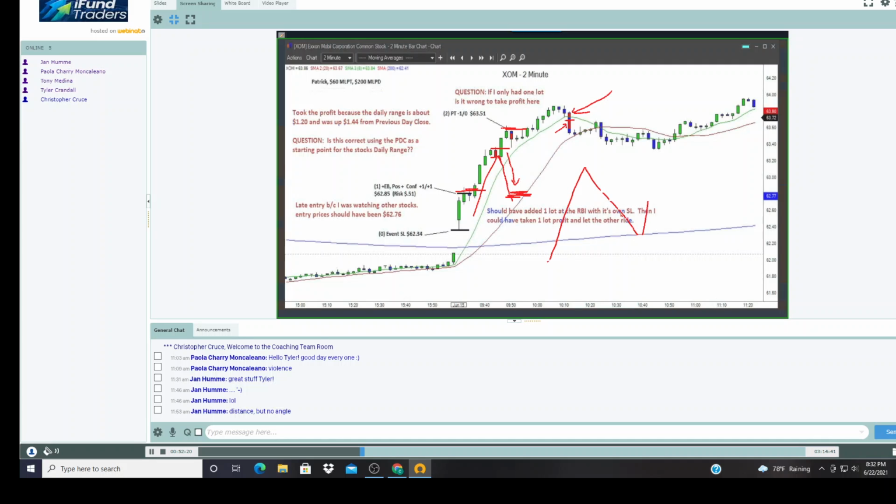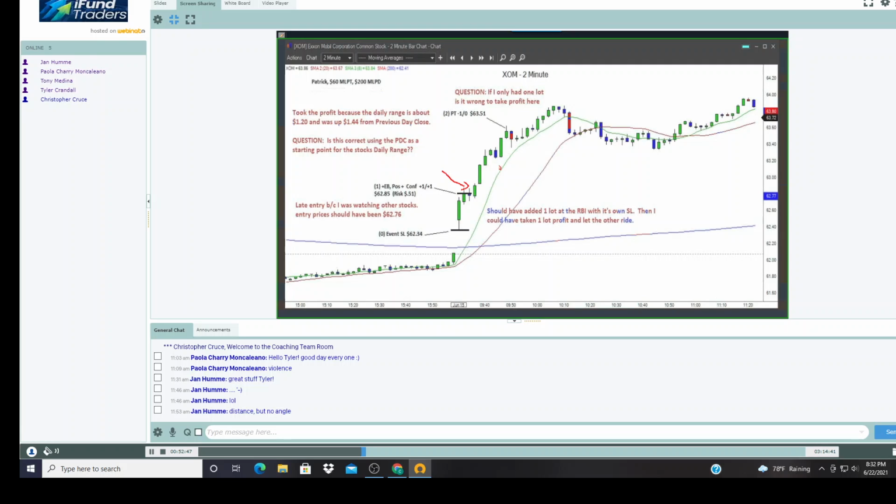We get that when we're in a trend. We want the ads here and here. We don't want the ads here and here, right? Adding there is just saying, I know that this is going higher. You don't know that, right? The RBI ad is this one, the first power move.